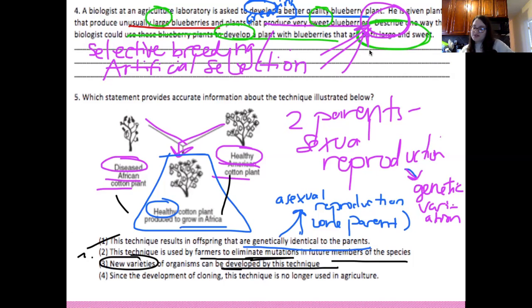And number 4, since the development of cloning, this technique is no longer used in agriculture. Now, this passage does not tell us anything about the development of cloning. There's nothing in this question that makes me think we're talking about cloning. Remember that cloning means we are creating an identical,